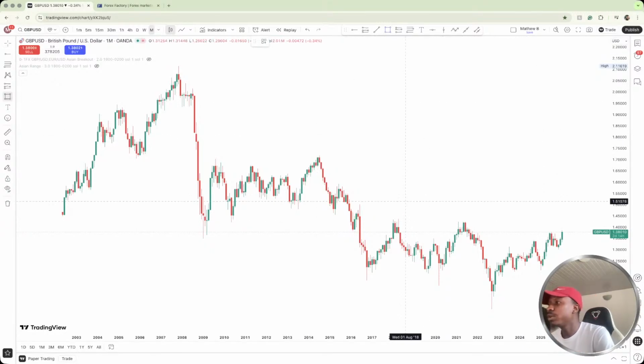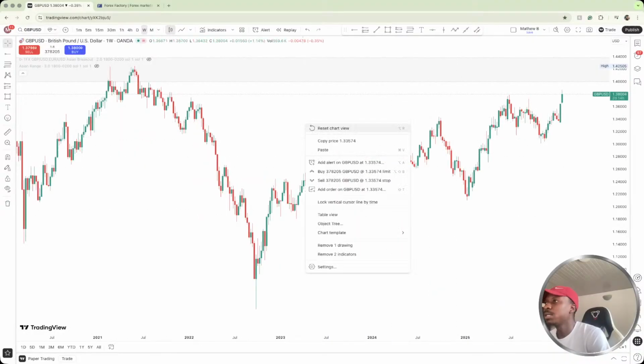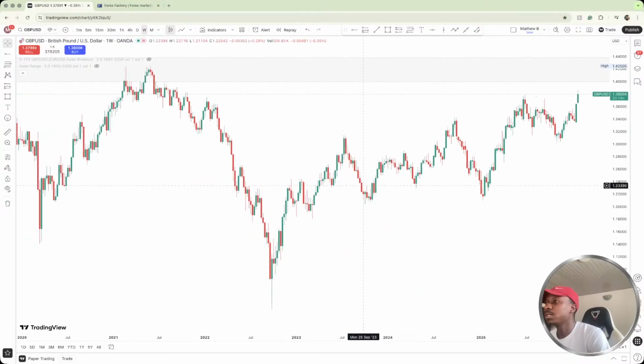So it needs to break this resistance on the monthly for it to become bullish on the monthly, right? But currently it is bearish on the monthly, but it's potentially moving back into it for it to form a bullish behavior. All right, but on the weekly, the immediate thing that is actually happening right now, you can see a series of